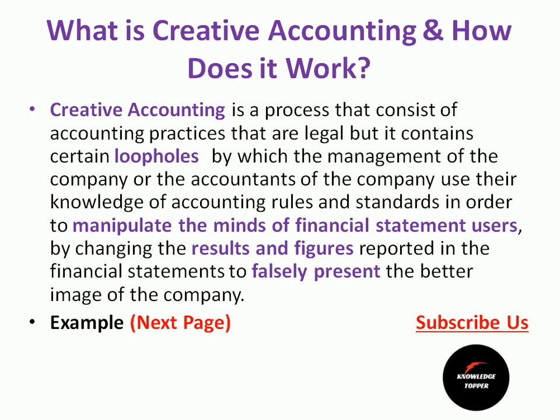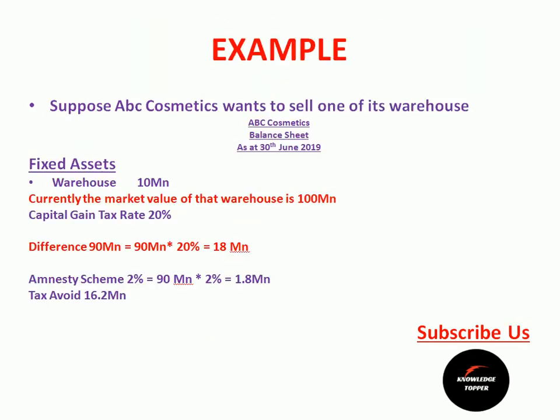Now we will look at the example. Our example is most important and it can help you understand creative accounting better. Suppose there is a company named ABC Cosmetics, and they want to sell one of its warehouses. Mr. Taslim, the accountant of ABC Cosmetics, checked the fixed assets of the company and found that they disclosed one of its warehouses at 30th June 2019 at 10 million, which was a mistake,